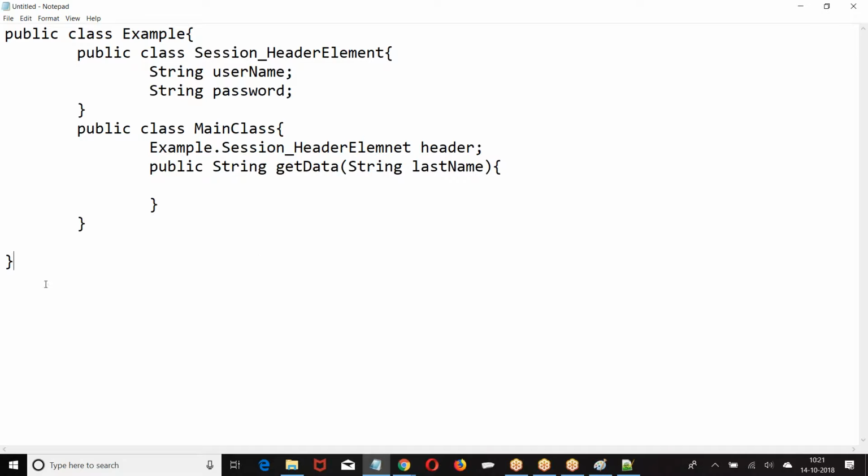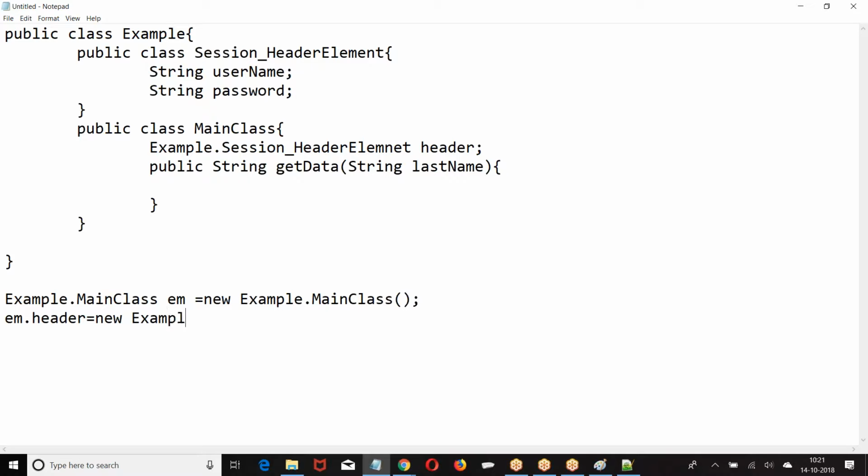Now tell me how you created this. Example dot main class. Main class. Em dot header equal to new example dot session header element.